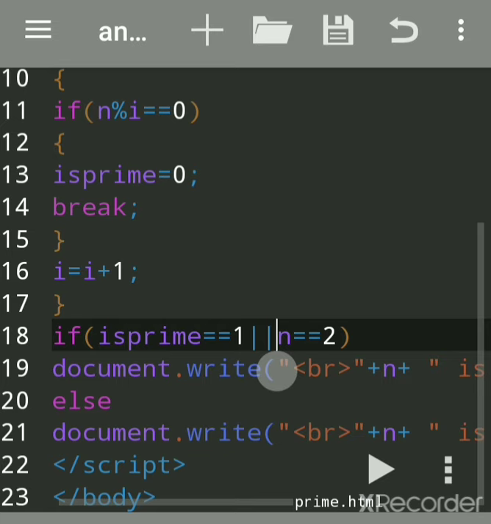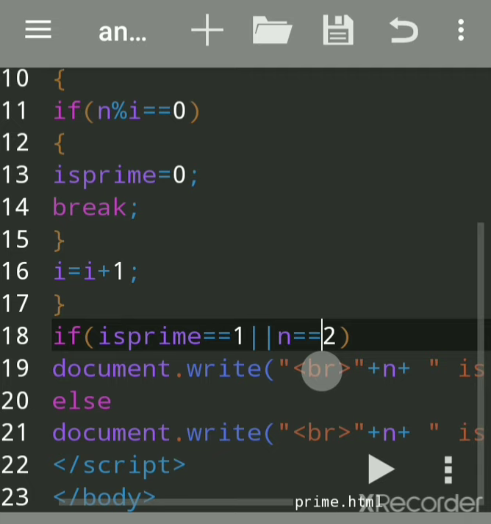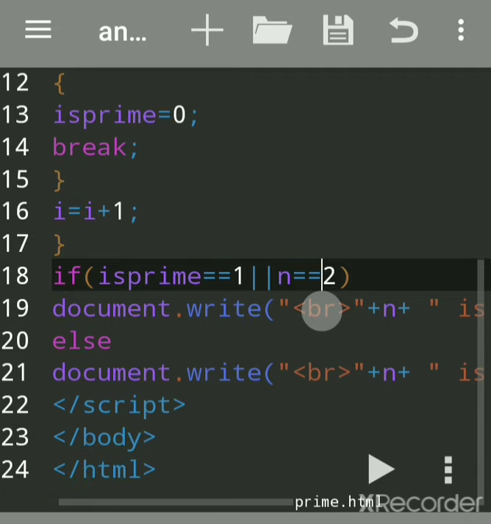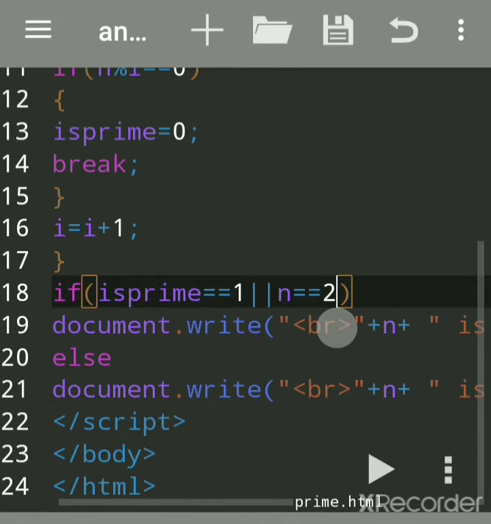It means if any one condition is true, or both conditions are true, then the statement immediately after it will get executed. But if both are false, then it will go to the else part and print this. We know 2 is also a prime number if we take n as 2.